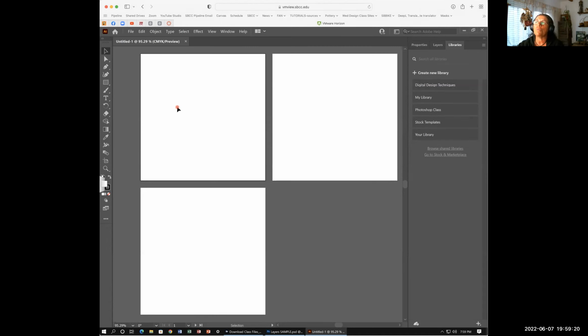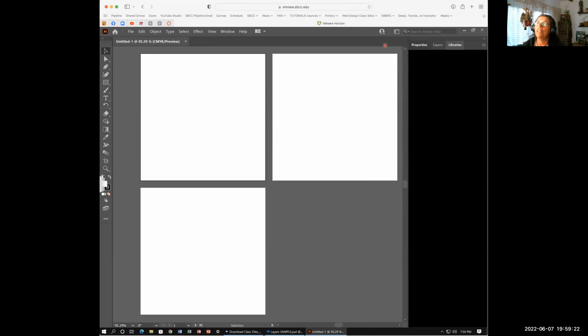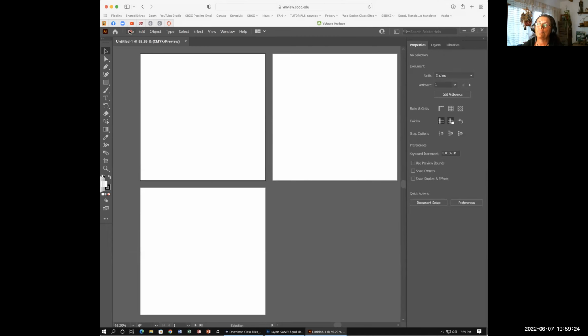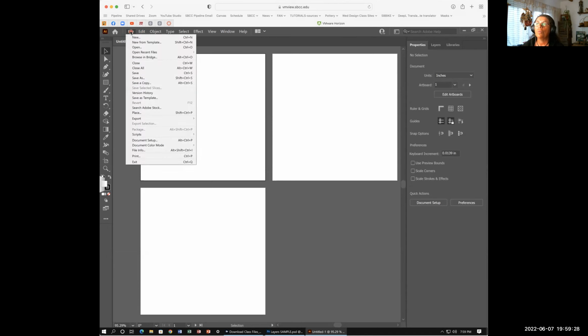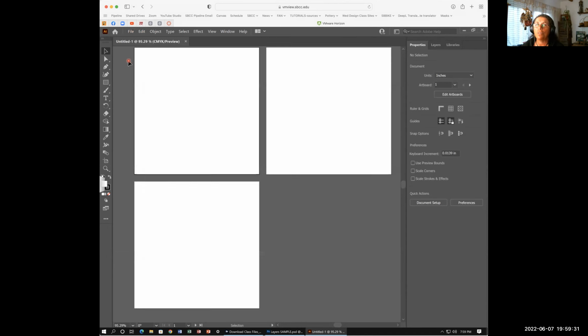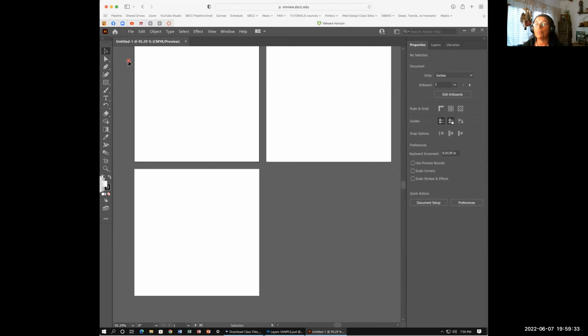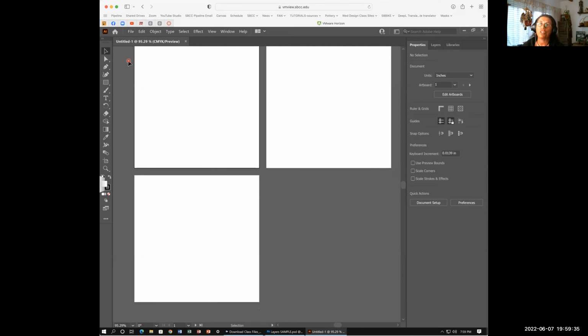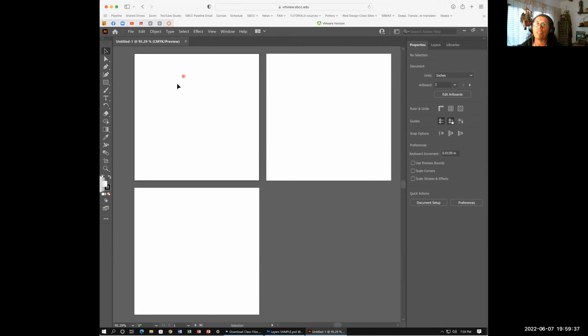Okay, so what we're going to do is we're going to bring in a file from our Photoshop. So there's a couple of different ways I could do that. I could have opened from Bridge and told Bridge to open that file in Illustrator and stuff like that. But here I already have an existing